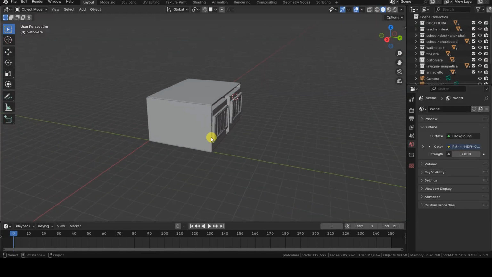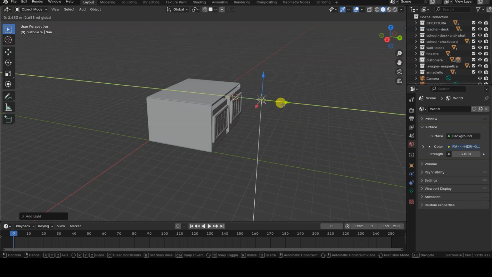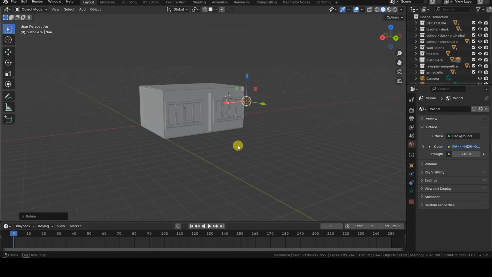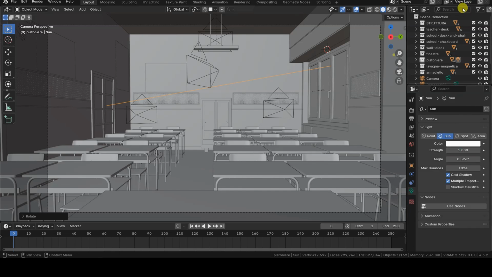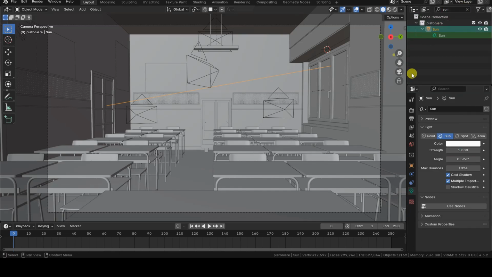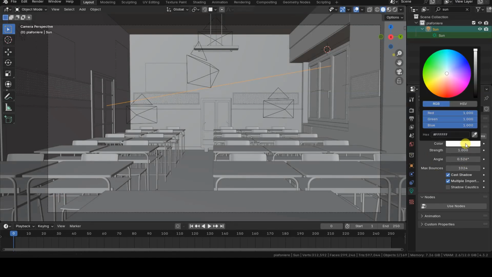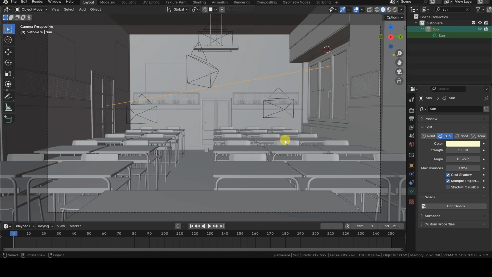I introduce a sun-type light source into the scene, orienting it so that the sunlight comes in almost horizontally, with a rotation of -80 degrees around the x-axis. I change the default color of the light source to achieve a warmer lighting effect. In my case, I lowered the blue channel value to 0.64, but this and other values I'll mention shouldn't be taken as rules or general guidelines, of course.